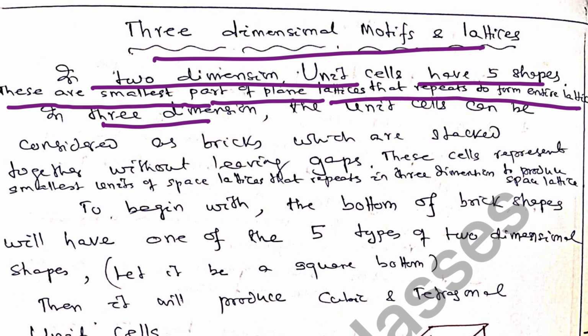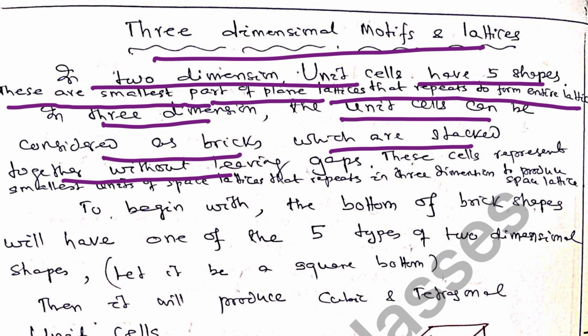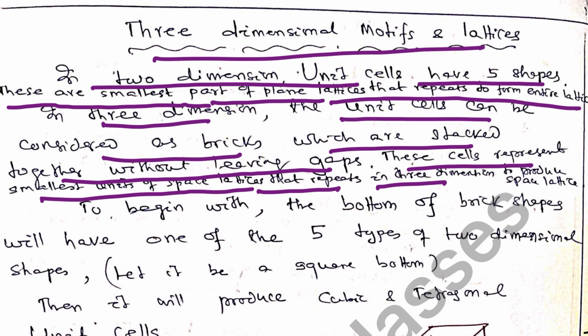Similarly, in 3 dimensions, the unit cells can be considered as if they are bricks, which are stacked together without leaving any gaps. These cells represent the smallest units of space lattices, which repeat in 3 dimensions to produce the